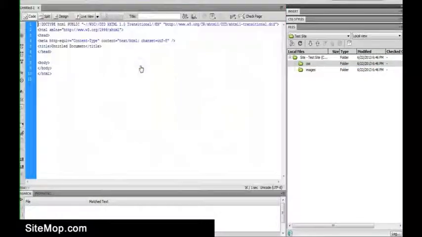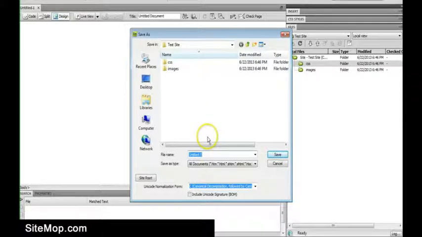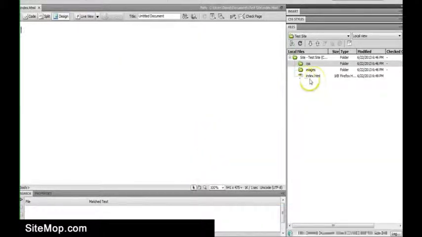So I'm going to create a blank HTML page, and in code view you'll see Dreamweaver create some initial code here. I'm going to save this under the test site as index.html. Click save, and you'll see it populate to the right here. Now this is the home page of our website, and so let's go ahead and start writing out some CSS